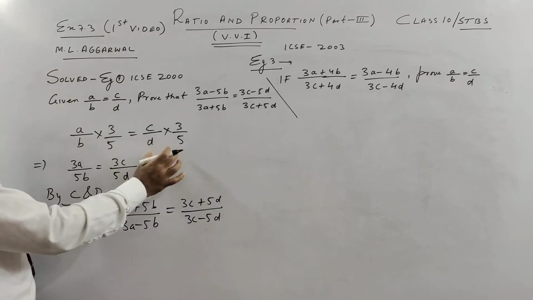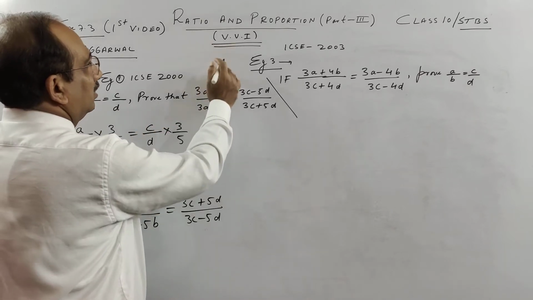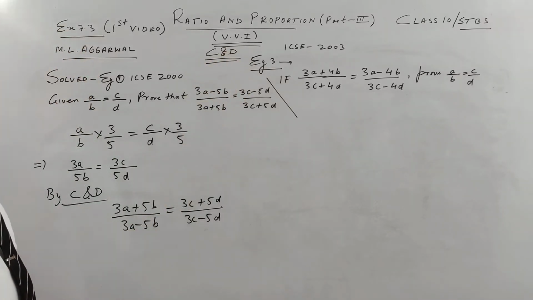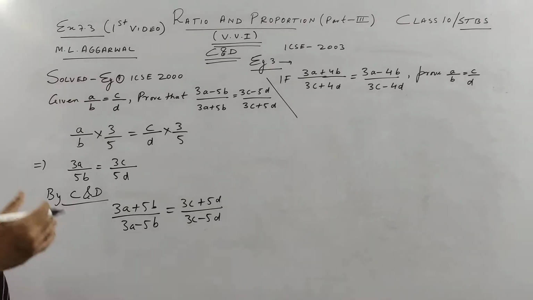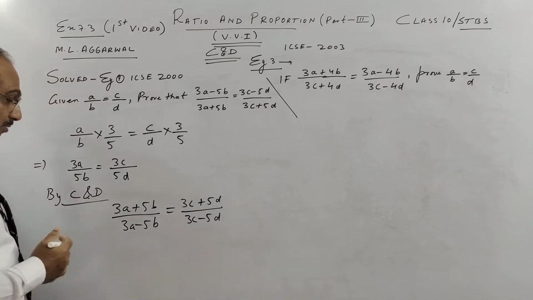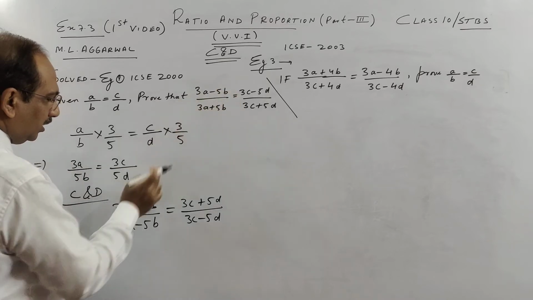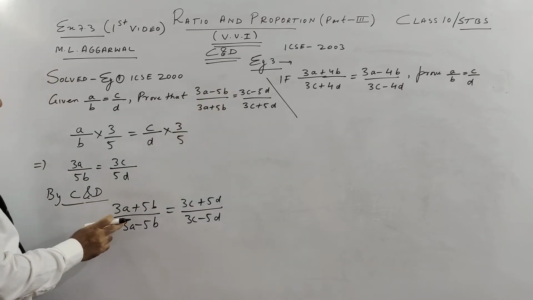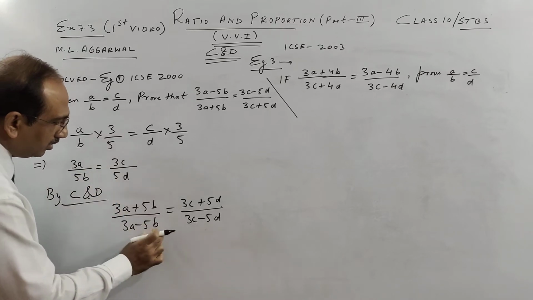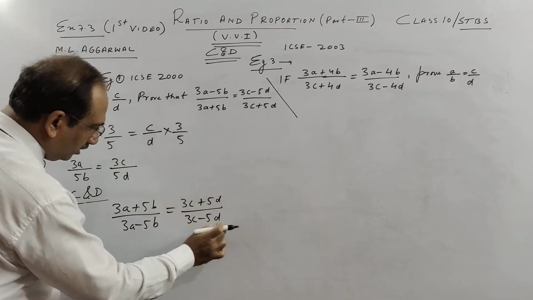So we multiply by 3 by 5 on both sides. This is the most important thing here, and this topic is your componendo and dividendo. Next 10-15 sums I'm going to do on that. Sometimes we apply componendo and dividendo 2 times in a sum; we'll come to that maybe in the next video lesson. Now see, did I get this? No, you see this is invertendo, just the opposite. One property I taught you. This was componendo and dividendo: numerator plus denominator, numerator minus denominator.